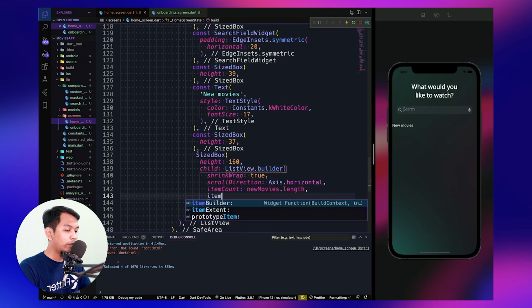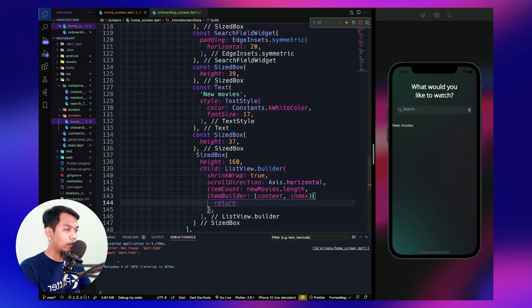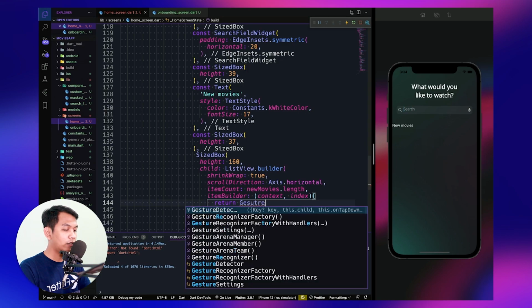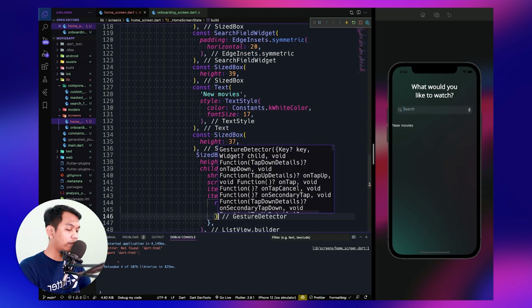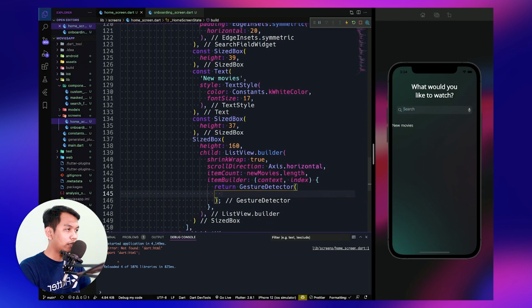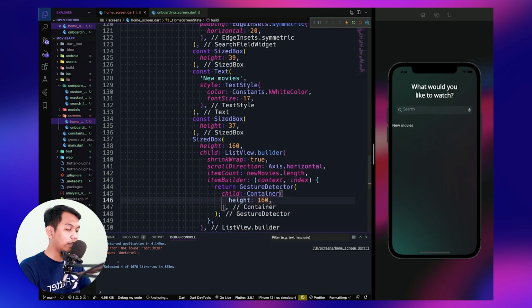And for the item builder, we will have context and index, and we need to return something here. We will return gesture detector, give a semicolon, and inside this gesture detector, we will have container with the height is 160 with the width 142.